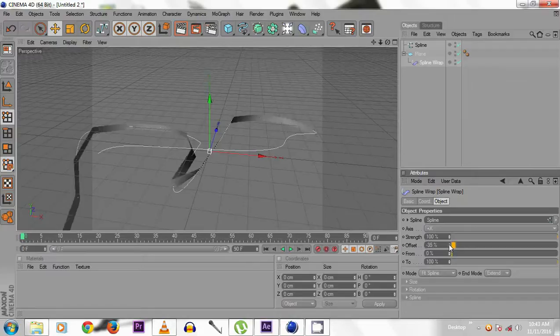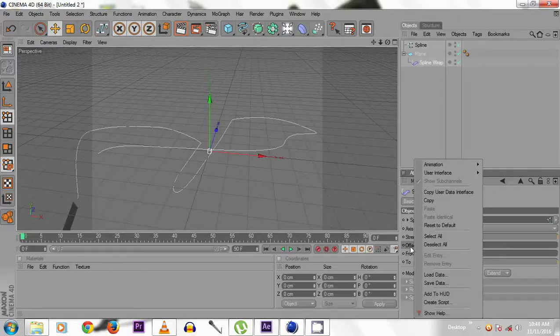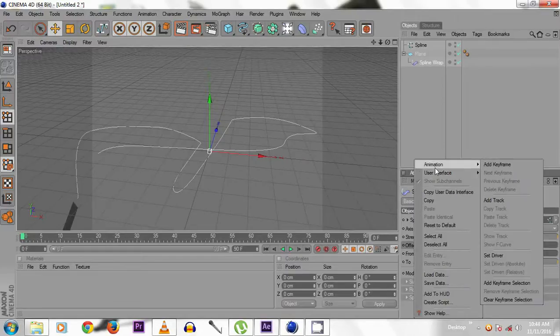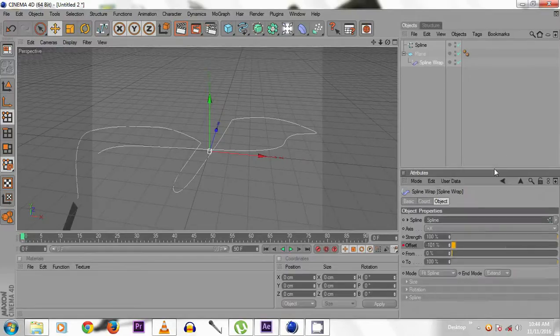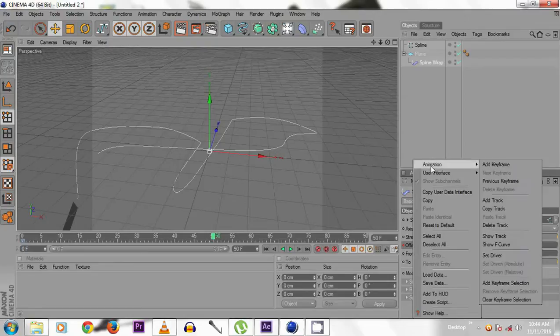Offset settings, we have the animation. Right click the offset, then animation, add keyframes at the first point. Then after 50 frames, right click and animation.